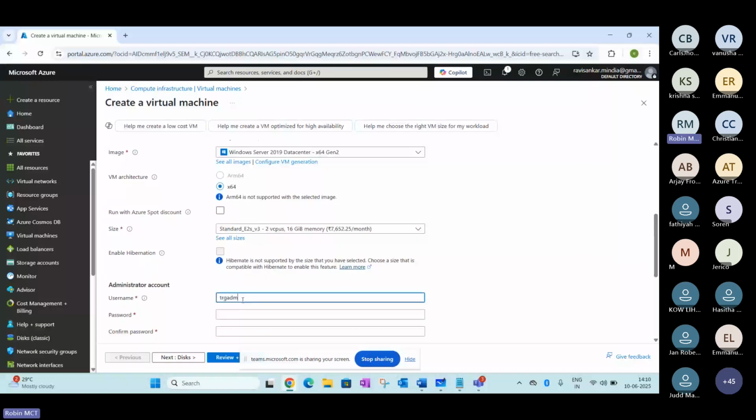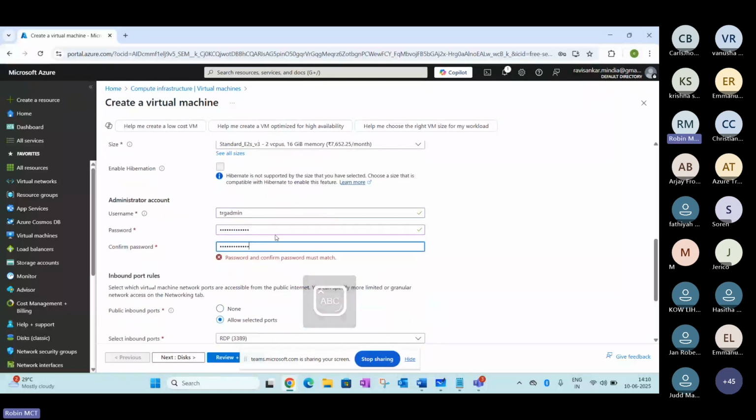Giving the basic details here. The password is wrong here. Let me retype it.